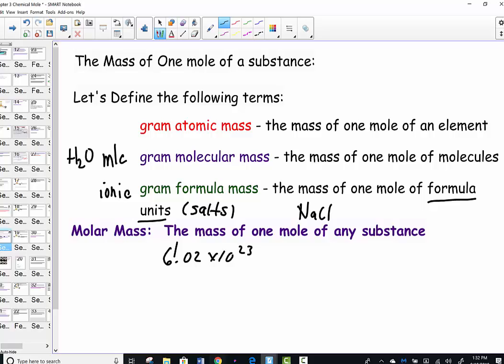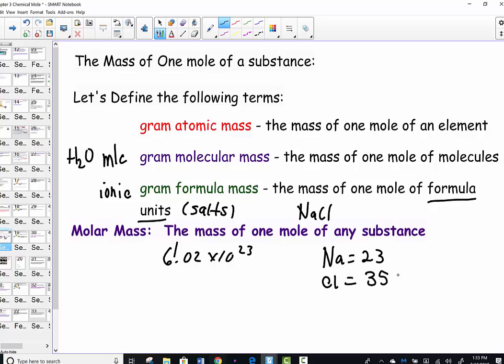How much would you weigh out to get a whole mole of sodium chloride formula units? Again, the secret's on the periodic table. Let's solve it and see if we can't get a common answer. Sodium, with its mass of 22.989, let's call it 23. Chlorine with a mass of 35.45 on my calculator. I add those together to find the mass of a whole mole of sodium chloride. It would be